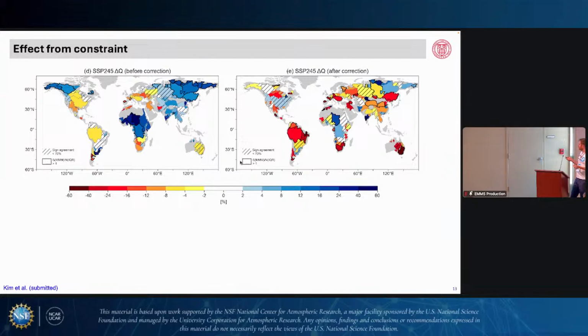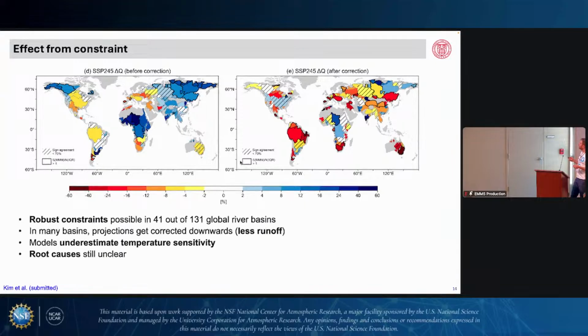But the upshot of this whole thing is that for many of the basins, especially the ones where we can do robust constraints, we tend to get lower runoff in the future. If there's a positive projection originally, it's weakened. If there's a negative one, it tends to get more negative. Most of this comes from the biases in the temperature sensitivity. So the story is that, according to the sensitivity metric, models are not sensitive enough to temperature changes,